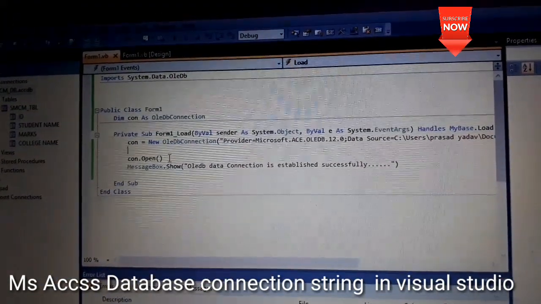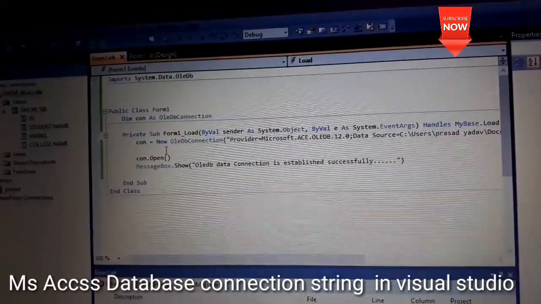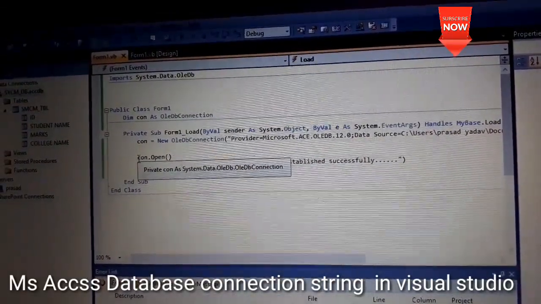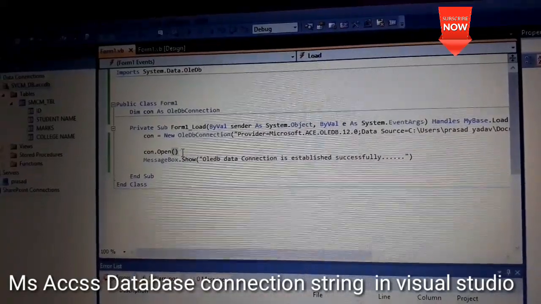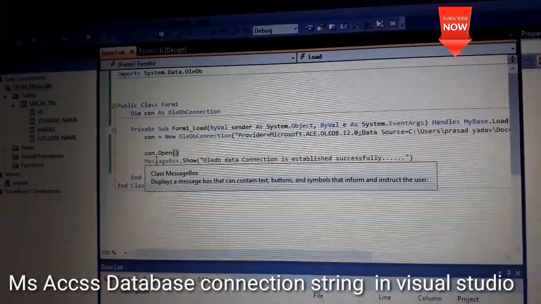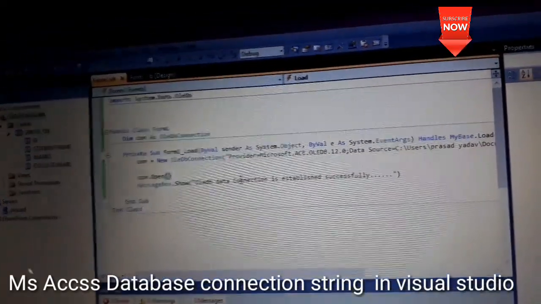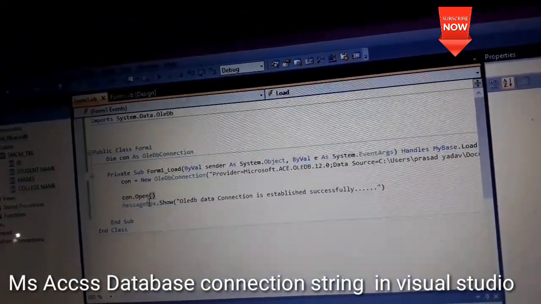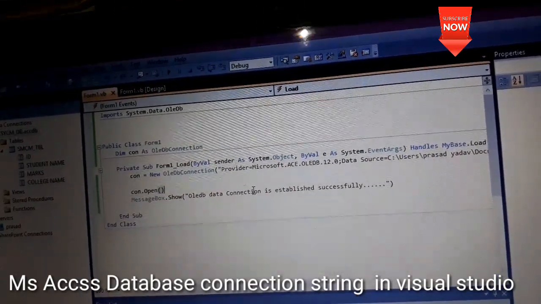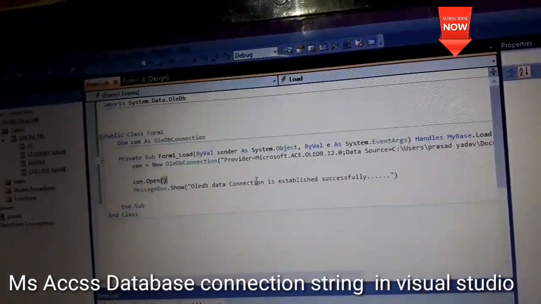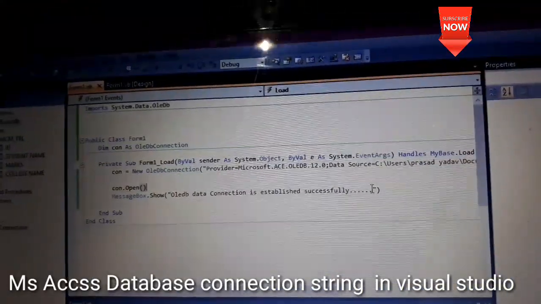And last, for opening the connection of the database, just write con.Open method for opening the connection, and for showing a message whether it was successfully created or not, use MessageBox.Show in brackets, and write whatever success message you want to show.